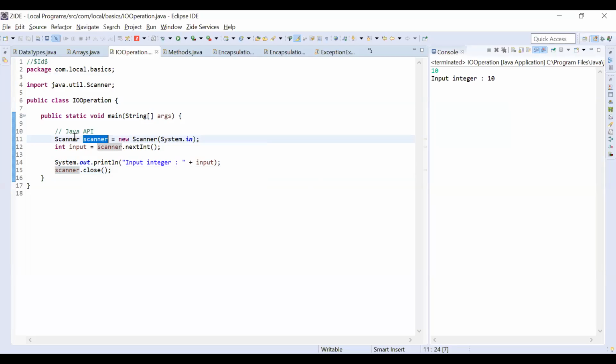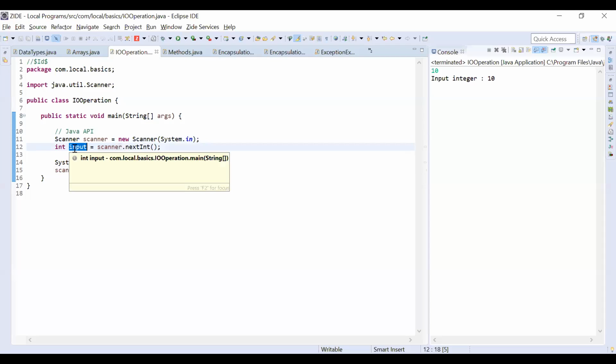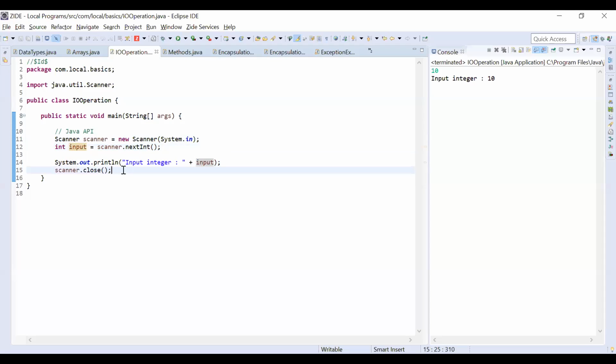Here, for example, we are using the scanner for scanning the values, so I have named it scanner, whereas this variable is used to store the input that we are getting from the console, so I named it input. These are some good coding practices that you must follow when you are coding.